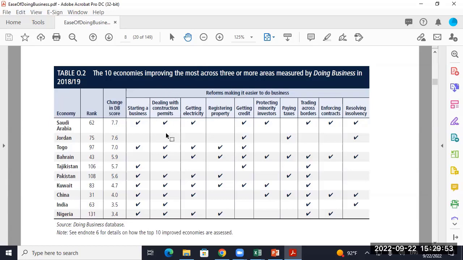How long does it take you to get a construction permit in the United States? In Costa Rica, it's forever. Why? Because the people, and this is a big part of it, the people who approve construction permits have no incentive to do it fast. They're not paid more if they do their jobs well. Very frustrating, isn't it? But if you're the president of Costa Rica, what would you do? How can we fix that? Why does it take you 6 months to approve something that should take you 3 days? If I were the president of Costa Rica, that would be my focus.